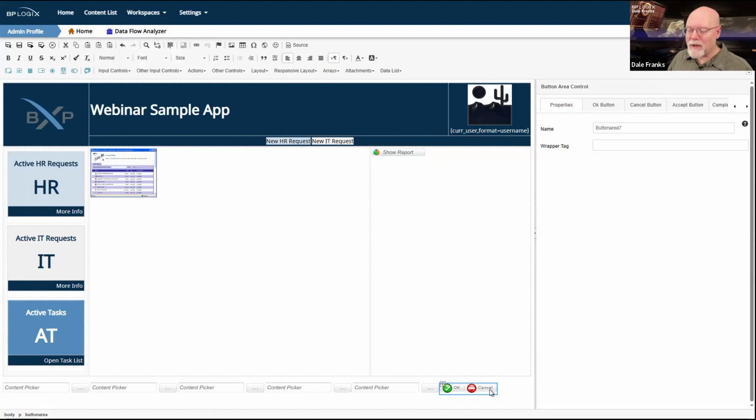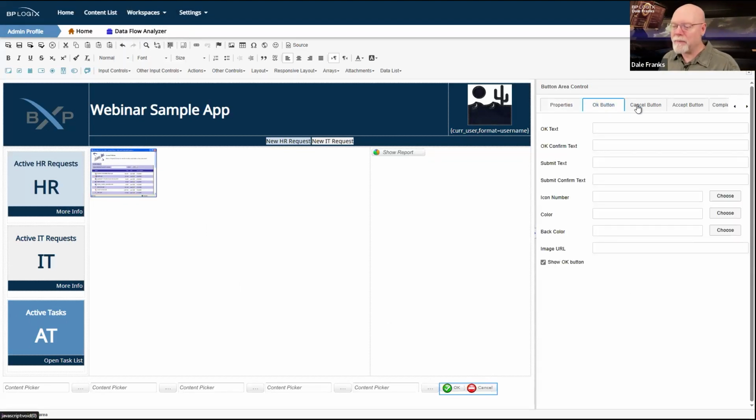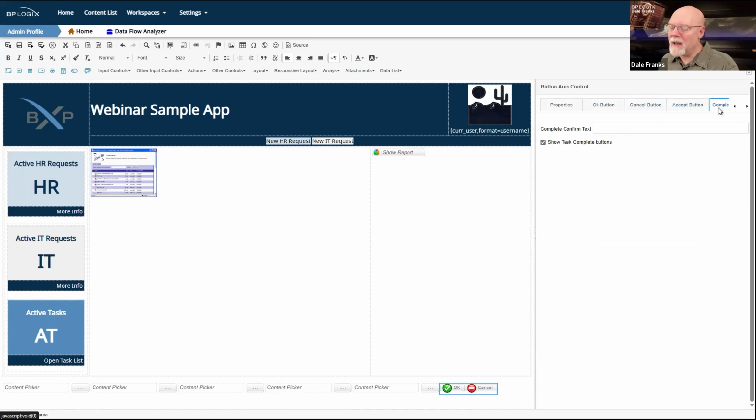So what I've done is I've dropped a button area control on this form. And I haven't done any completion, but I thought these were turned off. Hold on.